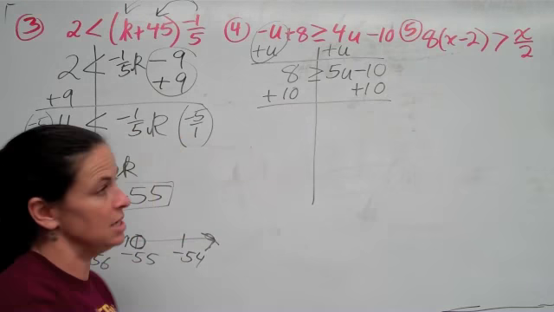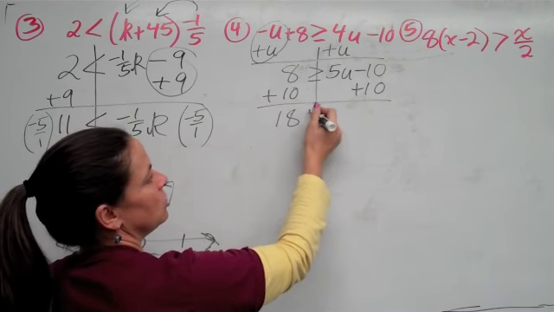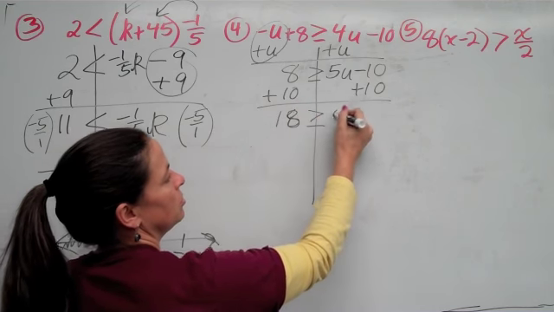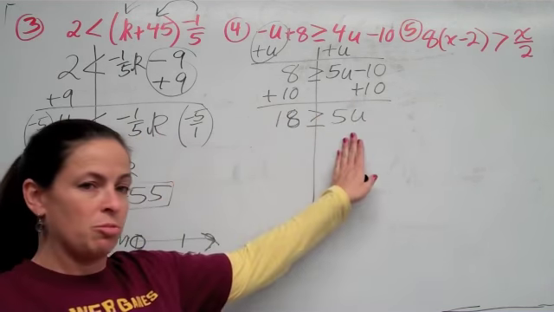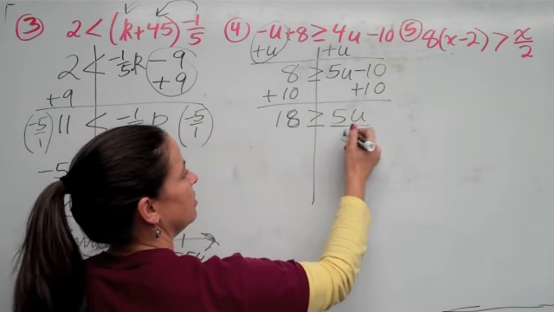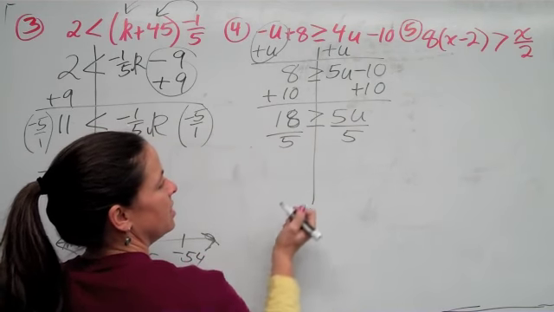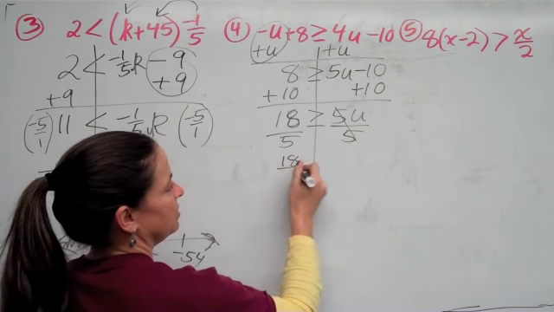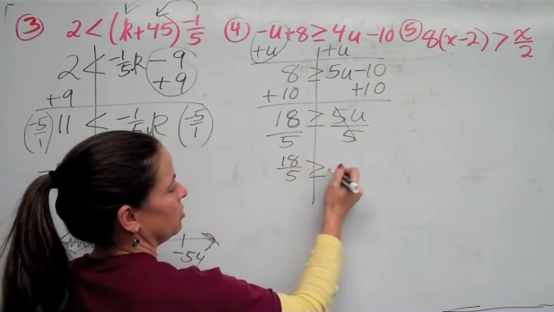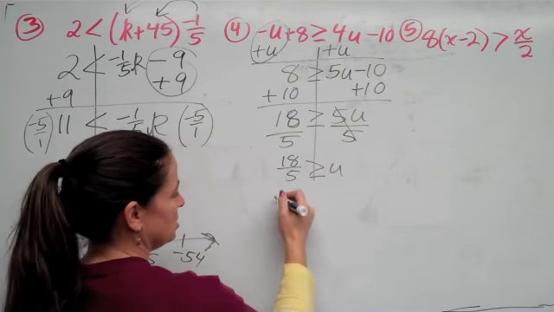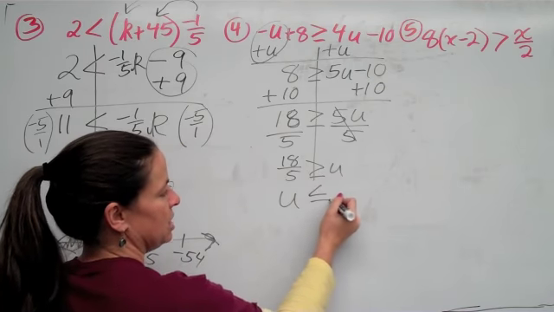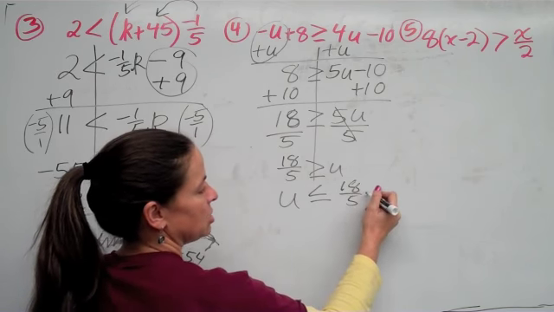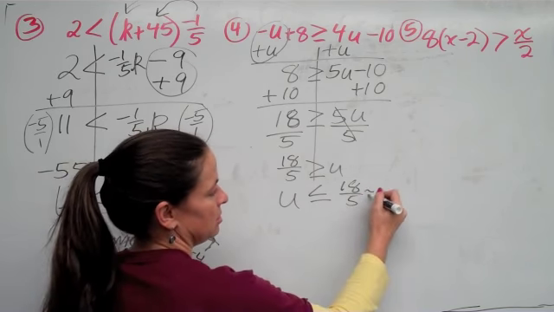and I get 18 is greater than or equal to 5u. Getting the u by itself, I divide by 5. I divide by 5, and I will end up with 18/5 is greater than or equal to u, which means u is less than or equal to 18/5, which is actually the same as,